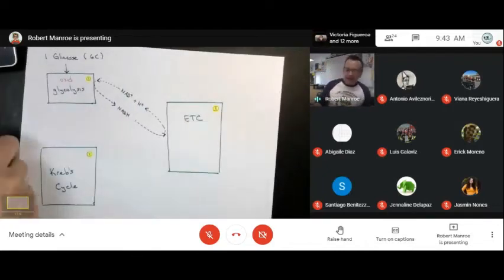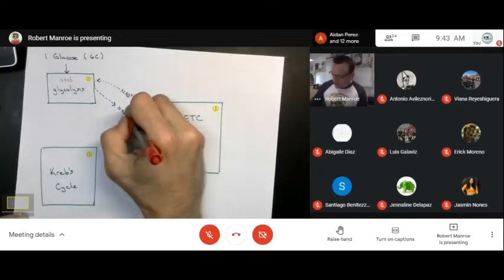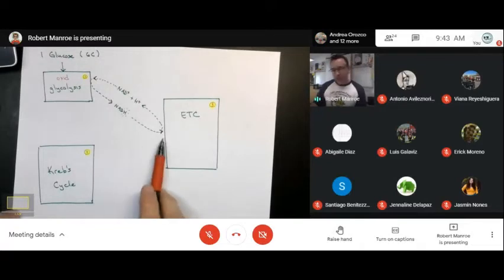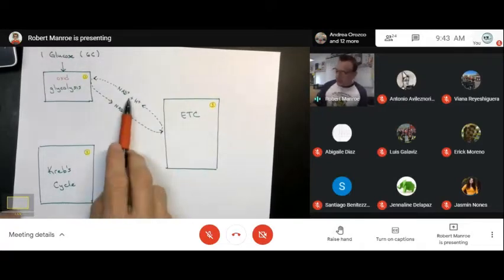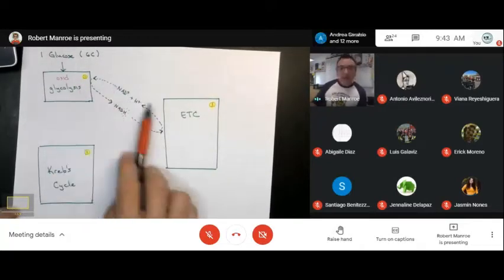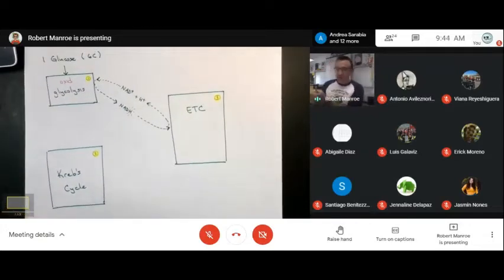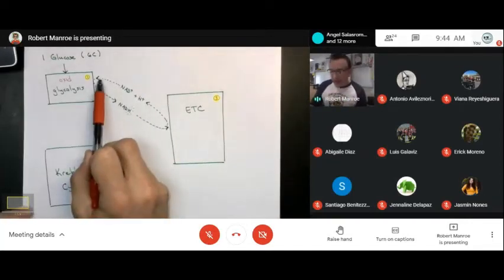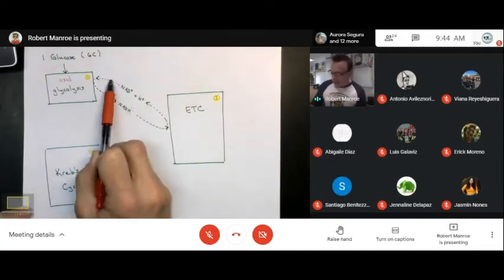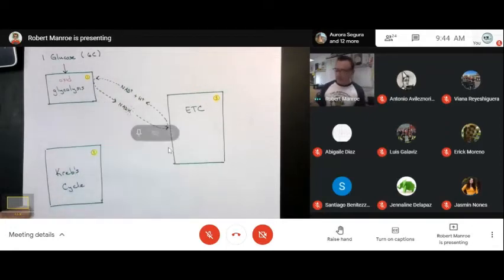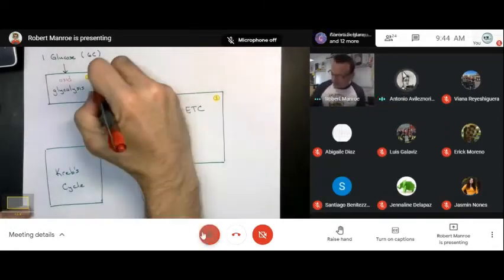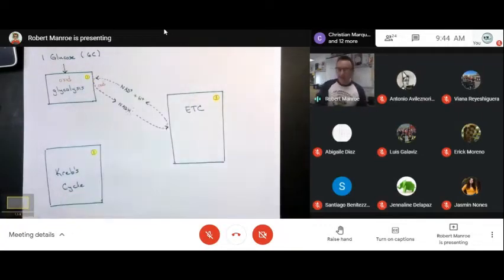NADH is then carrying the high energy electrons, right? The NADH then drops off the high energy electrons and goes back to being NAD, and it just cycles back and forth and back and forth. It's a truck driver. Truck drivers pick materials up, bring them here, drop them off. That's what they do for work. So what do I need to label that arrow as NAD gains the electrons? Reduction. Oxidation reduction. Simple.